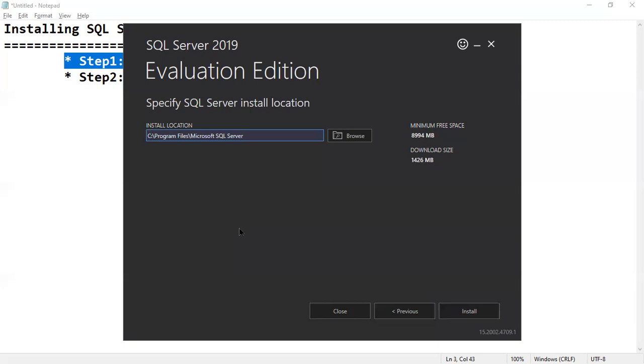Now I will click on install. Check here how much free space is required.